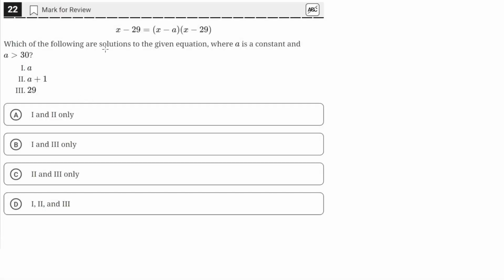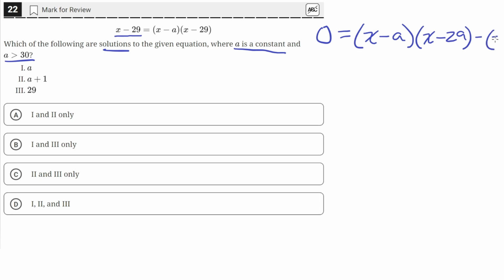Which of the following are solutions to the given equation where a is a constant and a is greater than 30? So we have this equation here, and let's manipulate this so that we can factor by grouping. Let's move this quantity x minus 29 to the other side by subtracting it. So we'll be left with 0 on the left side, and on the right side we'll have (x minus a) times (x minus 29)